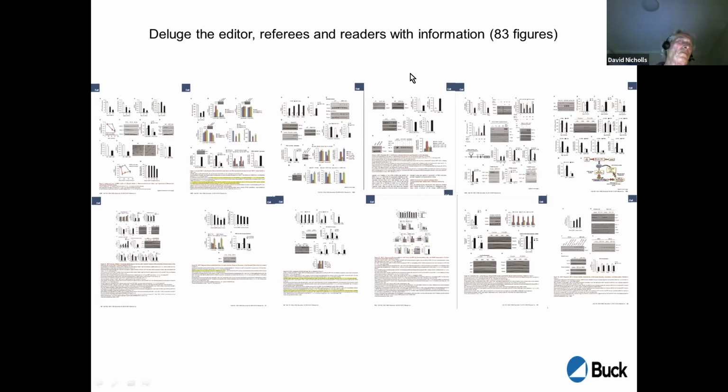It has about 20 authors as well, but it's submitted, and you expect the referee and the editor to go through that paper to look up the methods for that paper, which is online, it's separate. And then you go on to this figure here, is this figure correct, and so on. And who is going to bother as a reviewer or an editor to go through all of that? And instead they simply say, oh, she's a good PI, she publishes already in Nature, it must be okay, we'll